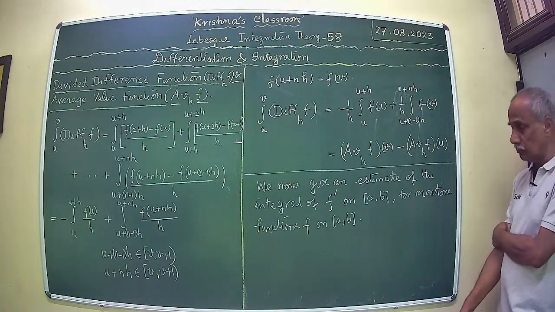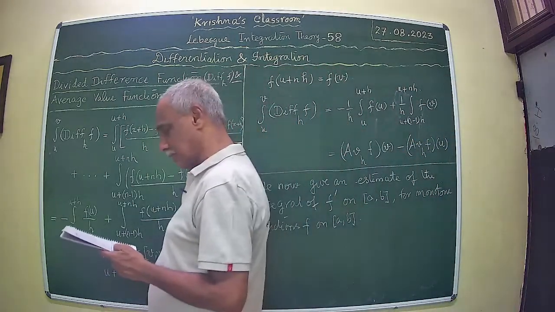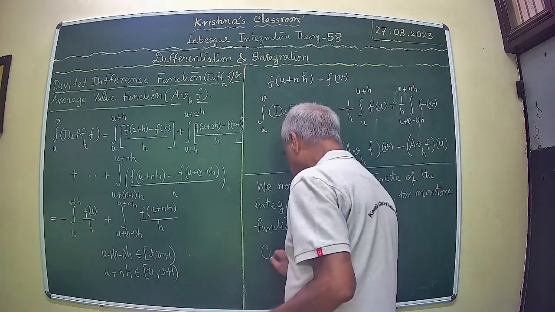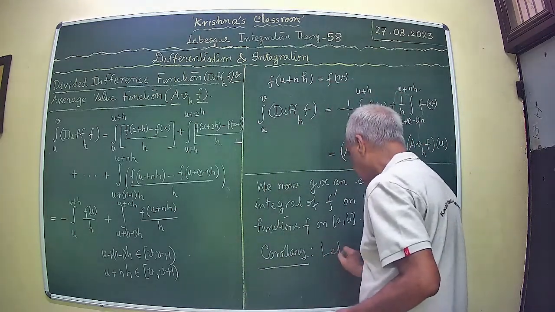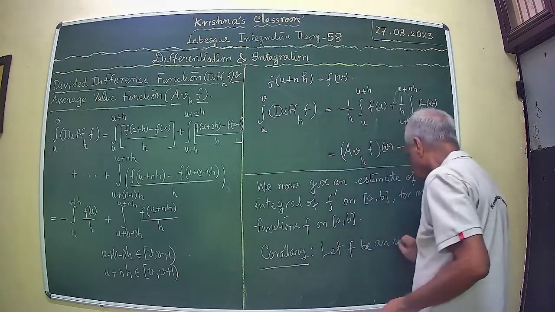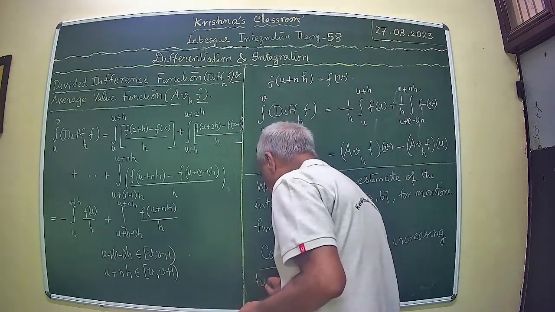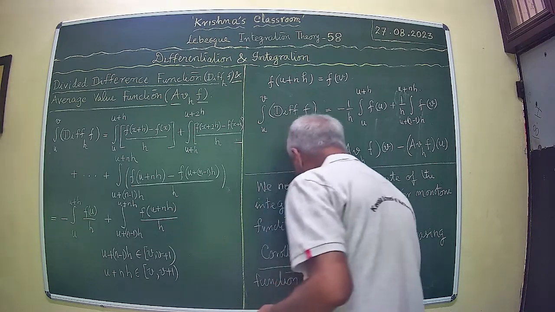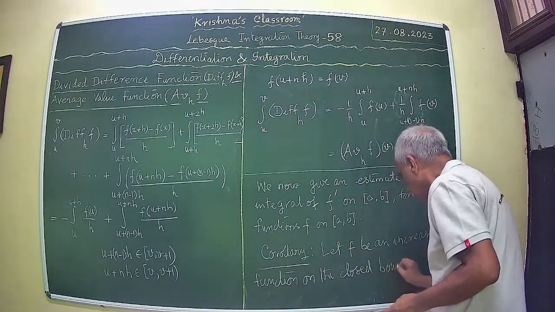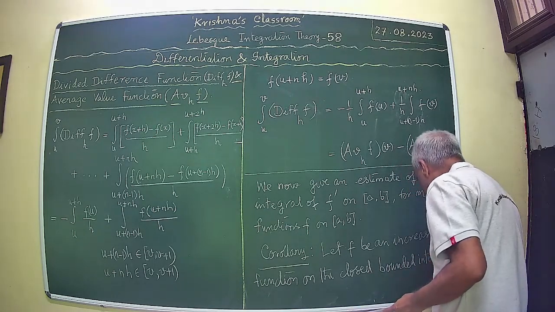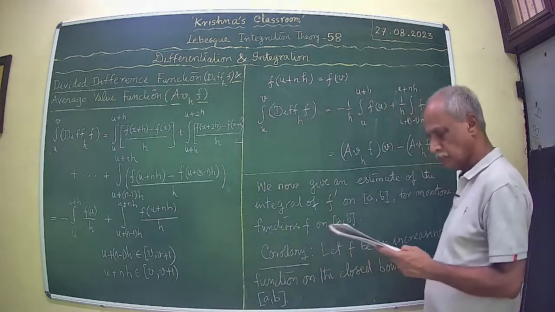Now, we want to give an estimate of this integral, the integral of this derivative. So, this is what is stated in the following problem. Let f be an increasing function on the closed bounded interval [a, b], then